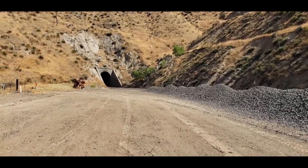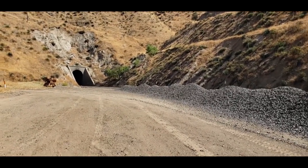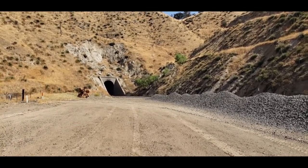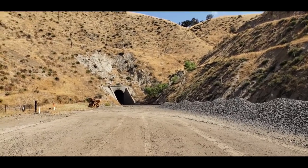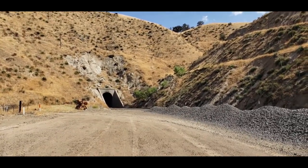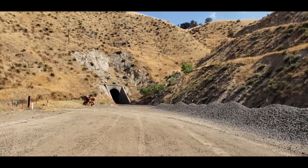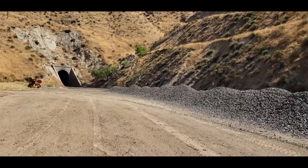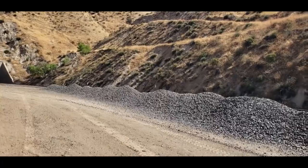One more little historical note before we leave this end of Tunnel 5. Back in the days before reliable air brake systems, the brakemen rode on top of the trains, and they jumped from car to car and applied the brakes from the top of the car. It was a very dangerous job. I don't know how many guys were killed and maimed doing it, but it had to have been a significant number. But anyway, they had structures that were at the entrances to tunnels, and